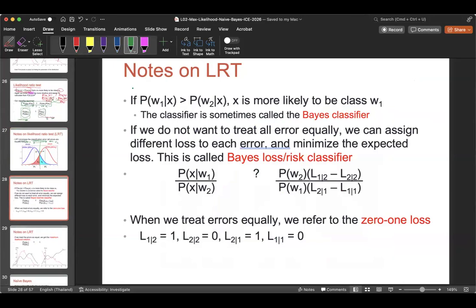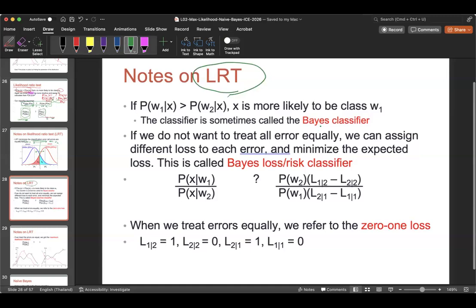So this simple technique has many names. We called it LRT, likelihood ratio test, before. Sometimes people call it the Bayes classifier. Just a different name. And there's a different variation. Usually in the Bayes classifier, we assume that the two kinds of error,